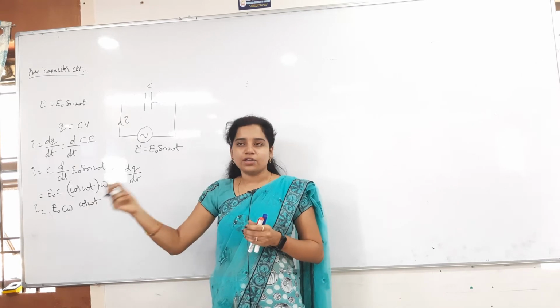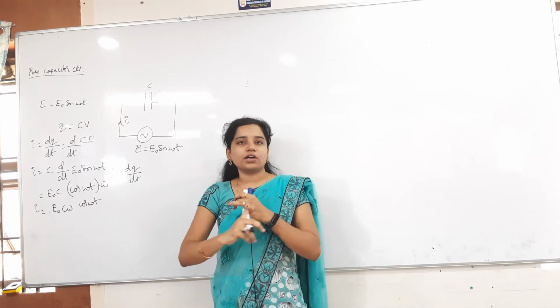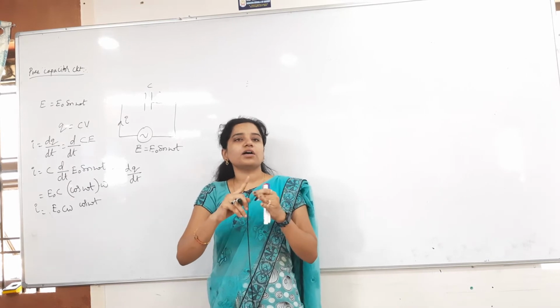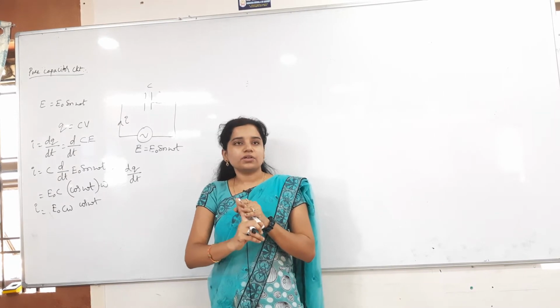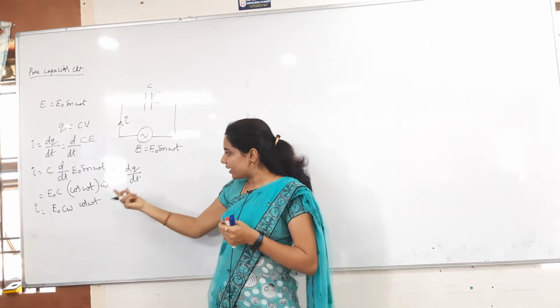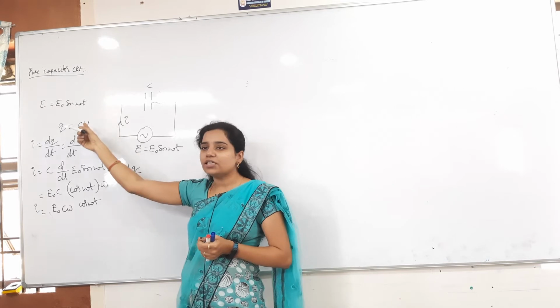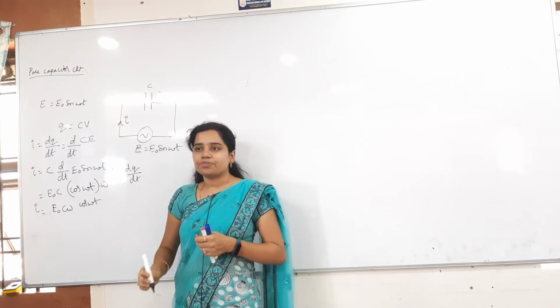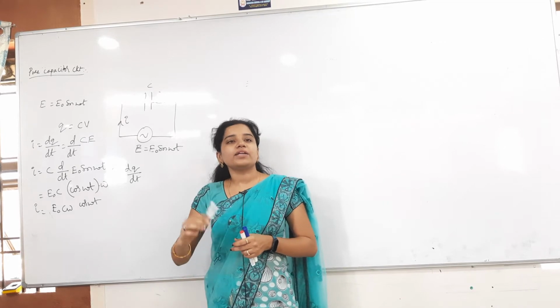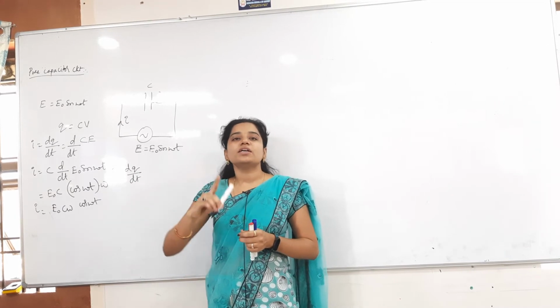At the end of the day, you are drawing the phasor diagram, the sine function diagram, and also the omega and XC diagram. So for all of them you want the phase difference. How much phase difference is there? To find the phase difference, here I have taken E equal to E naught sin omega t, but I is equal to cos omega t. So to find the phase difference, both should be in the same function.